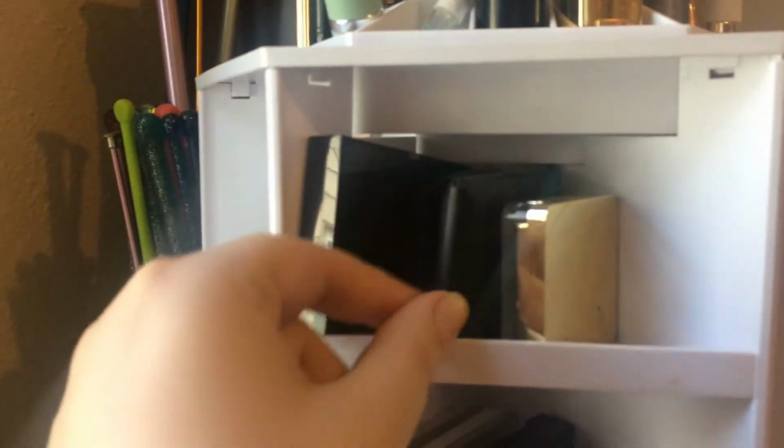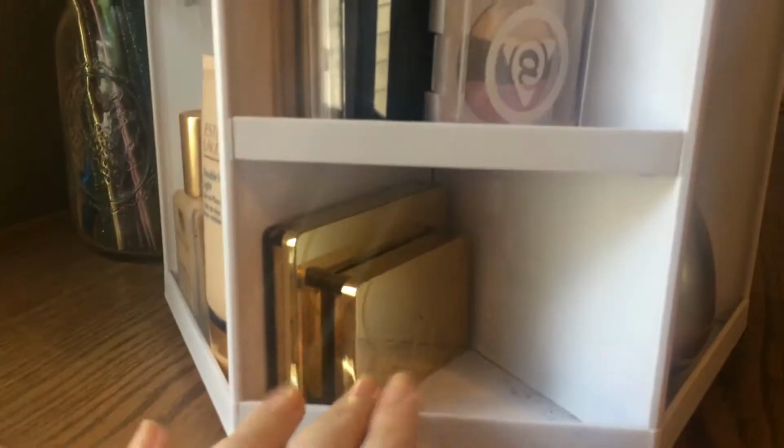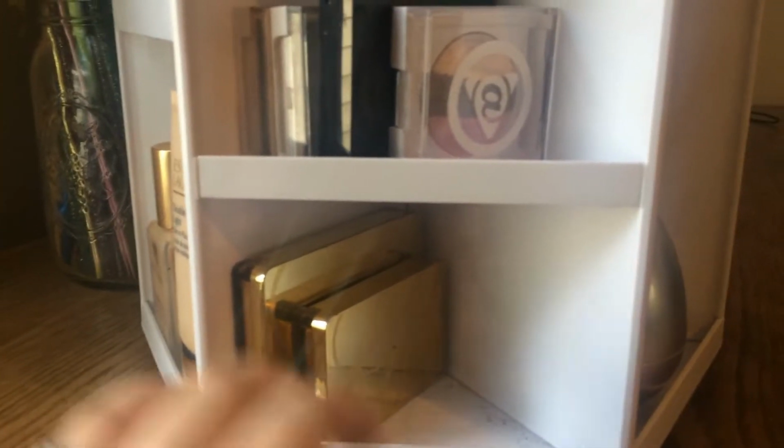And some more eyeshadow singles. This one's actually an e.l.f. brow product that I really liked once upon a time. More eyeshadow singles, and even more eyeshadow singles. Some of them are sets, like quads and everything, but anything that's not an actual palette I keep over here. And lastly, I have some makeup